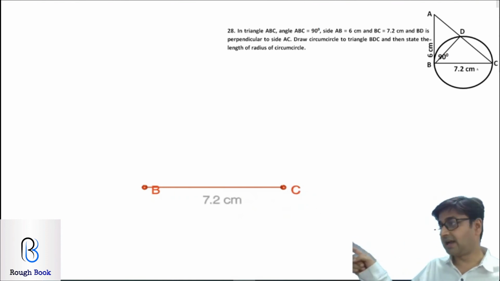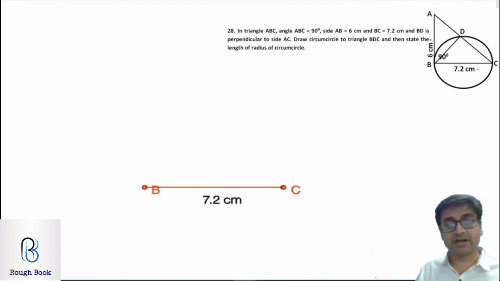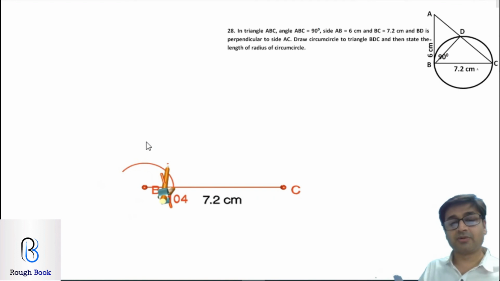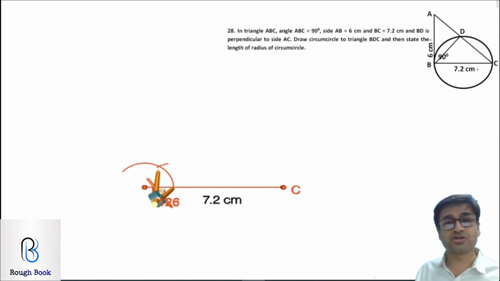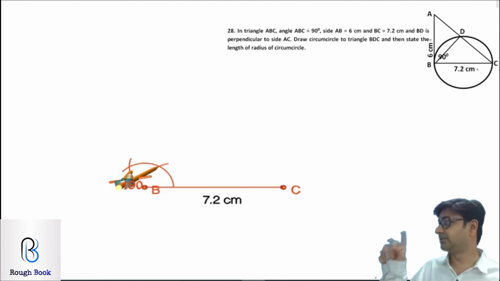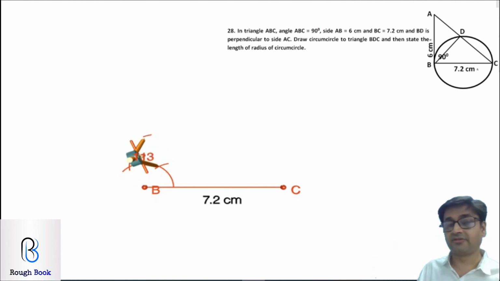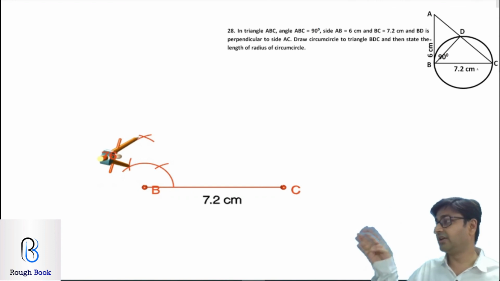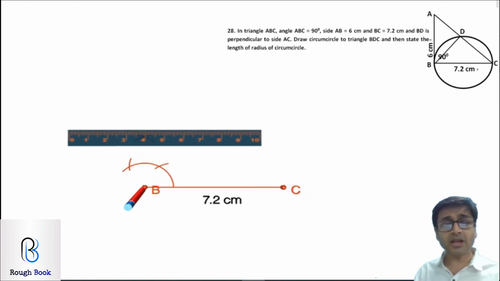So keep your compass like that on B. Cut an arc of suitable radius and then keep your point down. So keep your point here, cut an arc of 60, 120 and then bisect 60, 120. By now all this 90 degrees and all that should be very simple for you. We are on the last sum. So cut your one more arc at 120 and then from those 2 points cut 2 more arcs. Let's see how the computer does it. Come on, start it for us. The first one, get the second one, and then by the point of intersection join it with B and we get 90 degrees as the angle ABC.